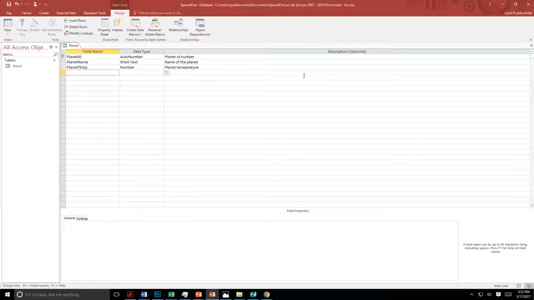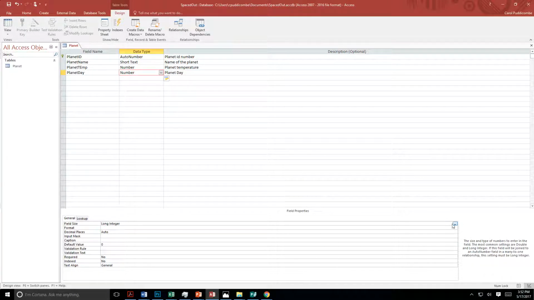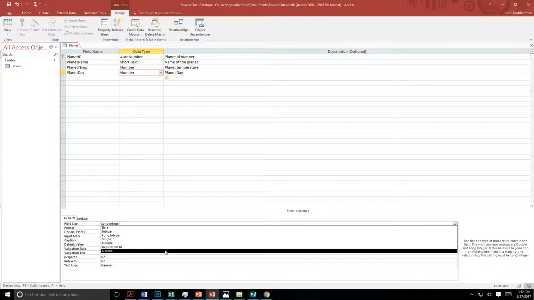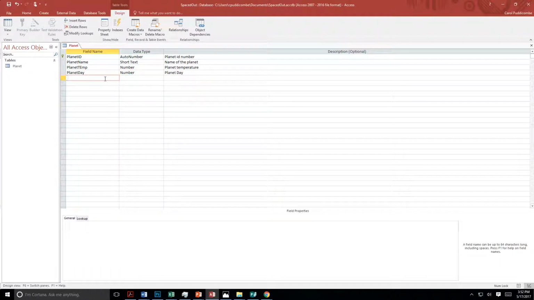We might have days, planet day. How long is their day? Might do that number as well. If it is currency, because it could be, then we could actually go down here and choose decimal, right? This is where we can actually go in a little bit further detail, right? So the decimal, now we can actually say that that is now